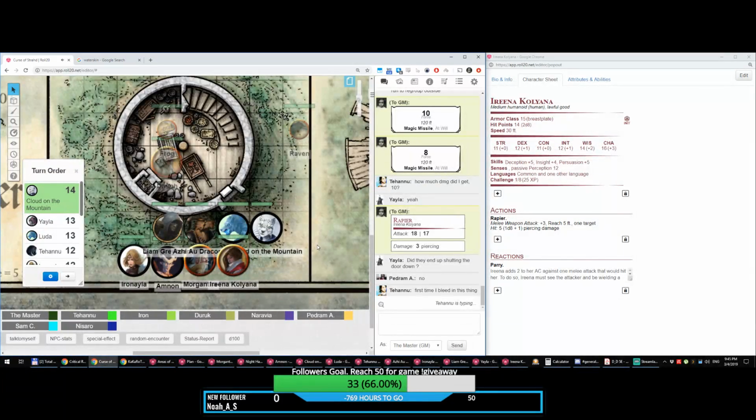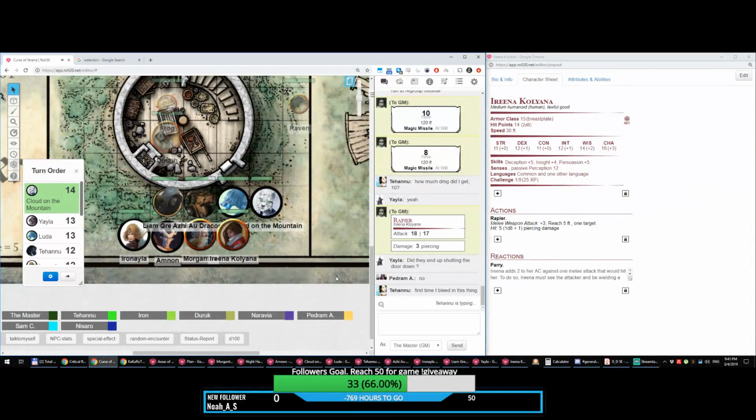Oh, weird. Okay. I want to cast Hunter's Mark as my bonus action. Okay. And then I would like to attack with my heavy crossbow. Okay. Ready? Yeah. You do get